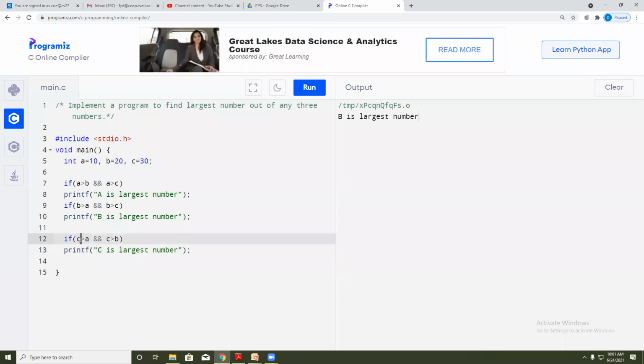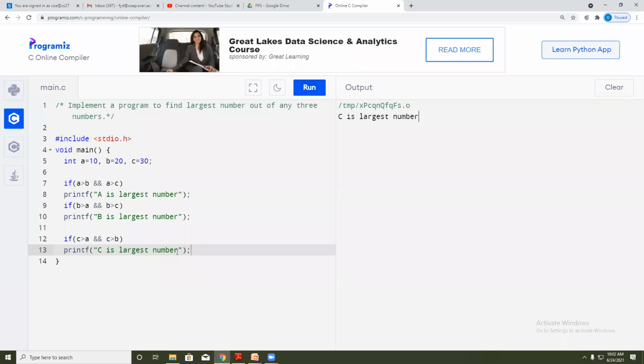Now check C, that is 30, is greater than 10. Yes, the condition is true. 30 is greater than 20. Yes, the condition is true. It will print C is the largest number. So if I run the program, C is the largest number.